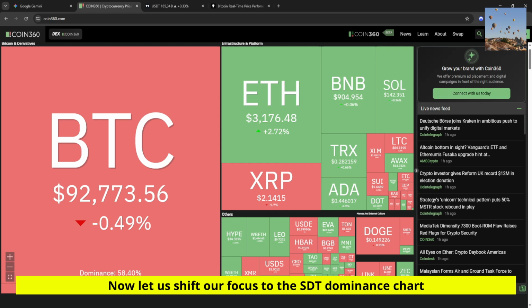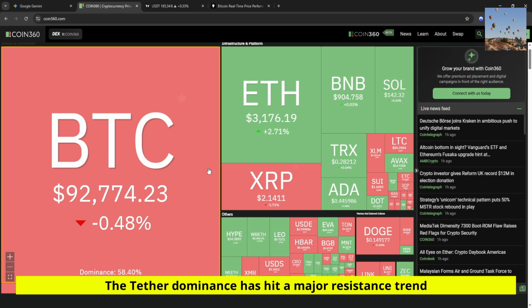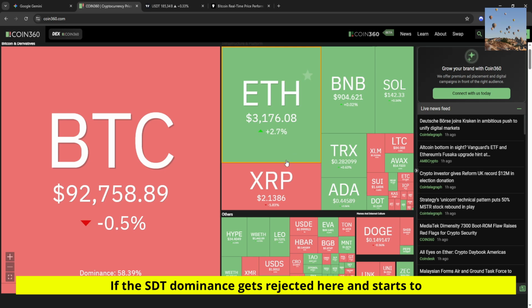Now let us shift our focus to the USDT dominance chart, because it acts as an inverse indicator for the entire cryptocurrency market. The tethered dominance has hit a major resistance trend line that dates back to the beginning of the year, and it is struggling to break through. If the USDT dominance gets rejected here and starts to fall, we will see a massive influx of capital flowing